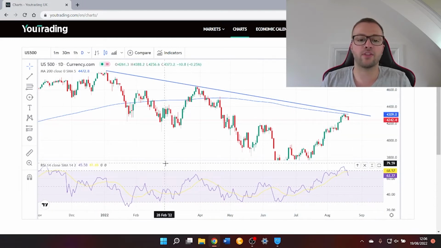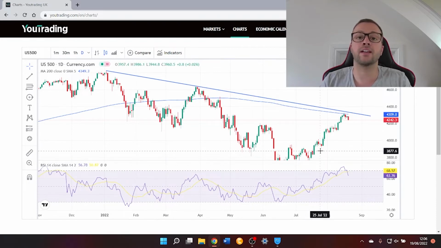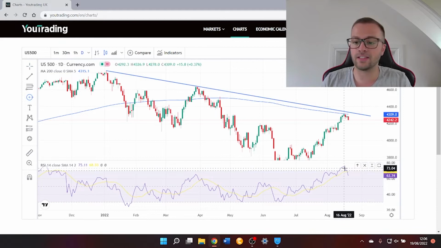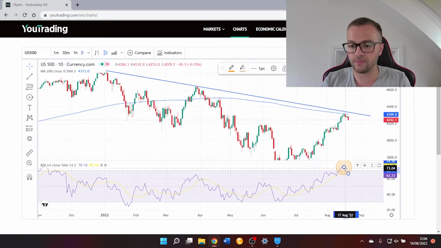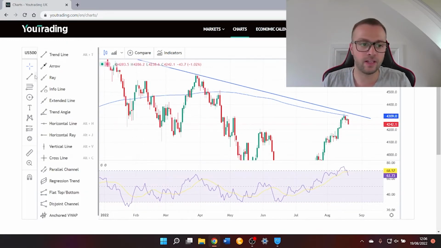And then if you look at the relative strength index, which some people look at to see whether markets are becoming overbought or oversold, you can see that that also entered overbought territory earlier this week or at the end of last week. Okay, so that's three technical indicators all combining,